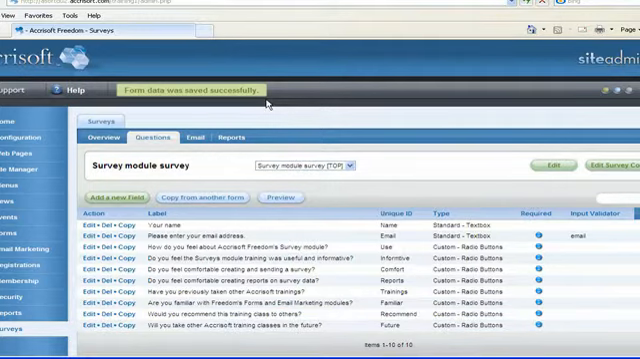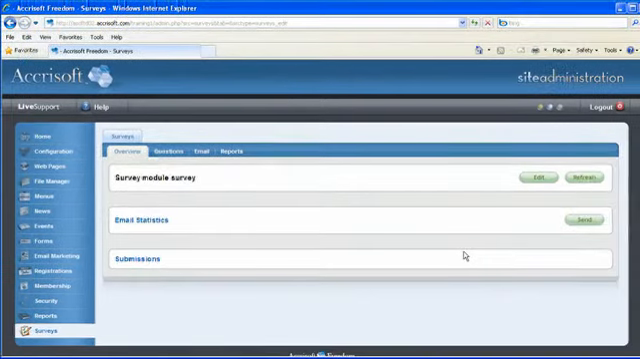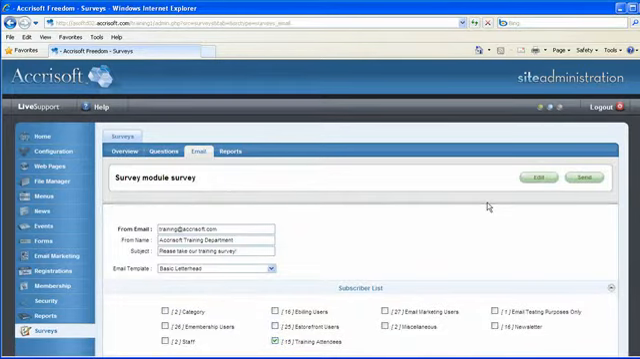Then again, to send the survey, you have two options. You can send it from the Overview subtab by clicking on the Send link next to Email Statistics, or you can return to the Email subtab and click on the Send button next to Survey Module Survey. When you do this,